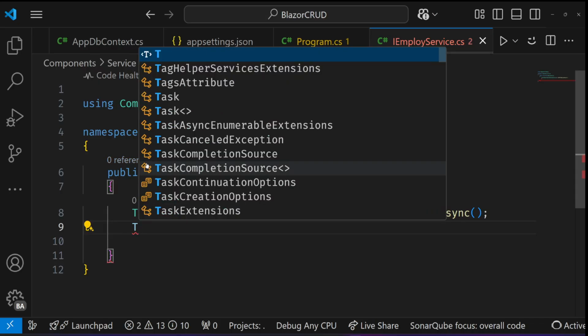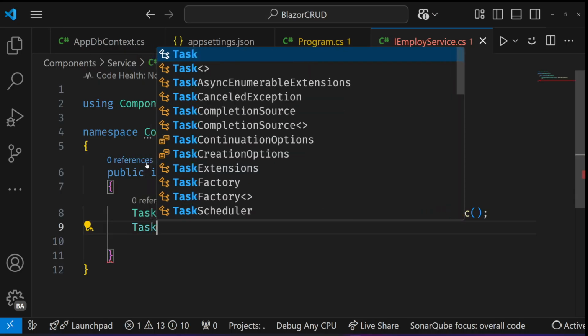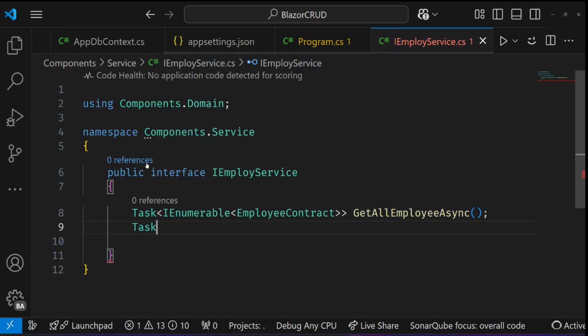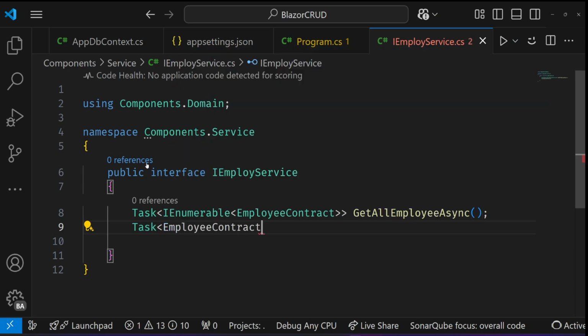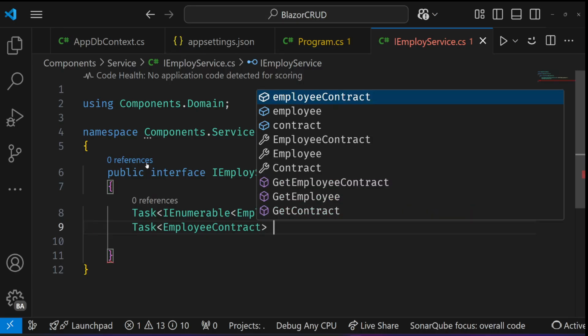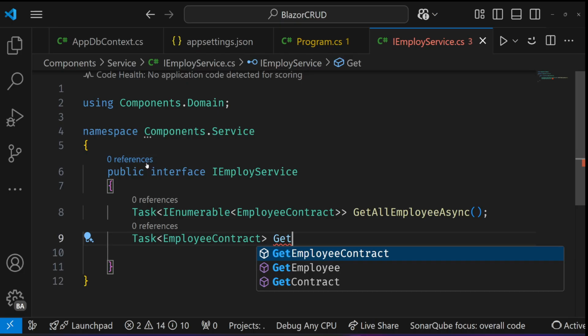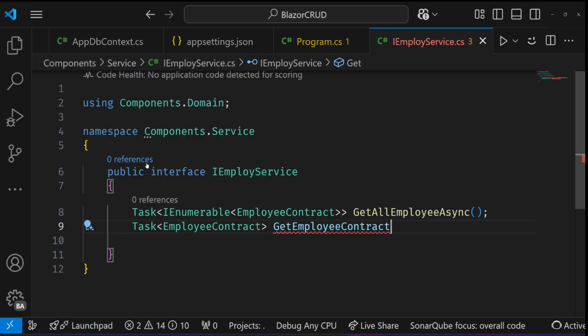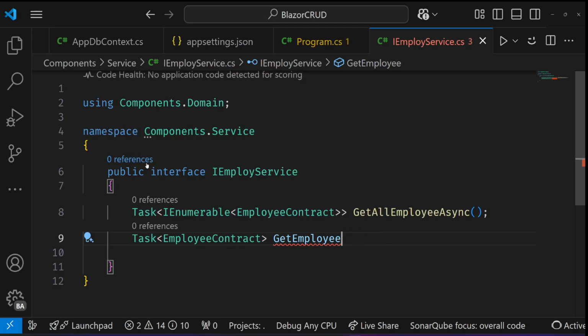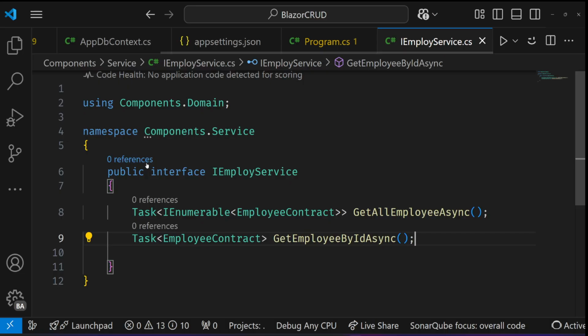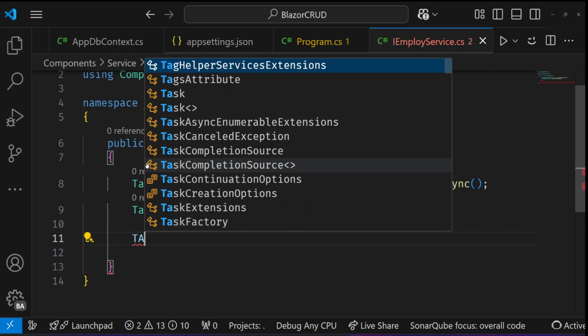Let's go and have another Task. Let's create another interface. This one is for when we want to get by ID. So it has the employee construct, and the name is GetEmployeeByIdAsync. So let's go and then also name this. You can name it whatever you want. I'm just giving it a name here. So let's go and see. We have a Task